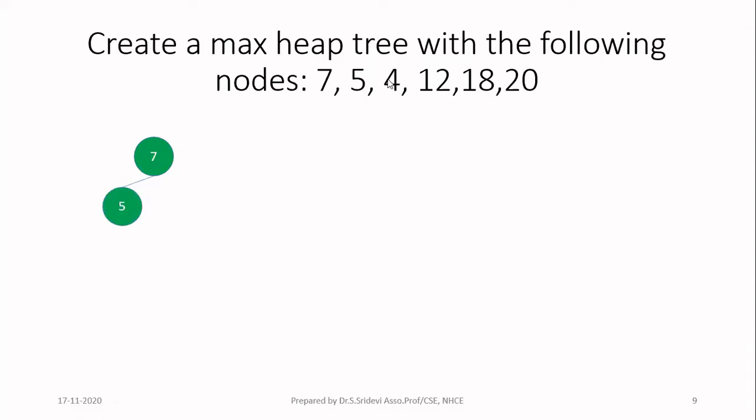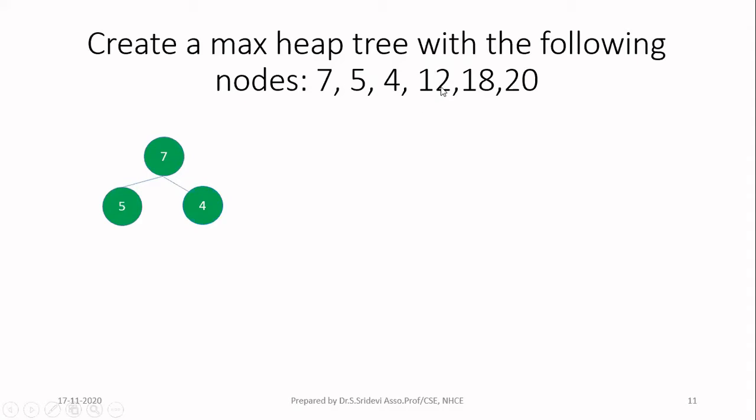It is 4. Now where I have to insert 4, level 0 is over. In level 1, I can have maximum of 2 nodes. It is not full. So I can add 4 in level 1. Where I have to add, already 5 is present as a left child for 7. So you have to add node 4 as a right child of 7. So I'm adding node 4 as a right child. After that, you check whether it is following the property of the heap. So check this new node value with its parent. Now new node is less than the parent. That means it is fine. So fix this tree now. It is finalized. Then take the next node from your input, that is 12.